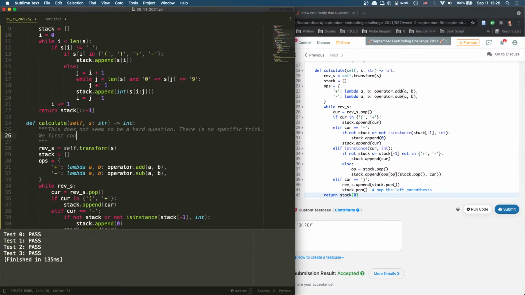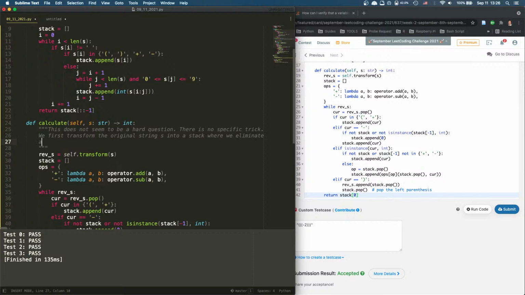We first transform the original string S into a stack, right? Where we parse. Yeah, we parse. We transform. Yeah, where we